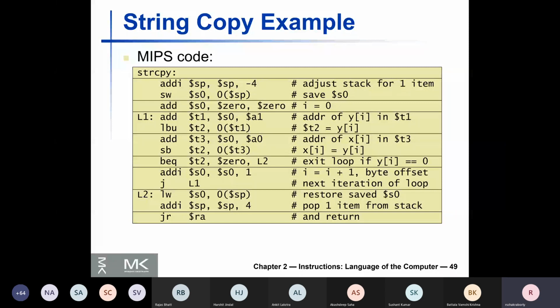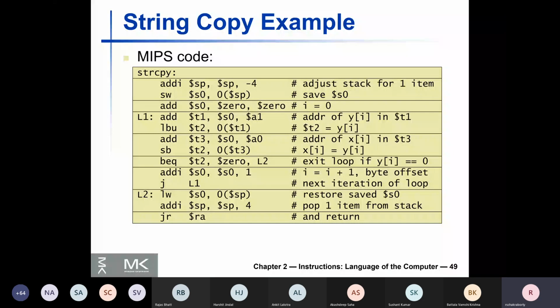Okay. Now, after you are done with the loop, you need to restore S0 back to its old value from the stack. So you do that by performing a LW operation, adjust the stack pointer to go back to where it was earlier before you entered the procedure, and then you perform a jump and return, that is jr $ra, to return.